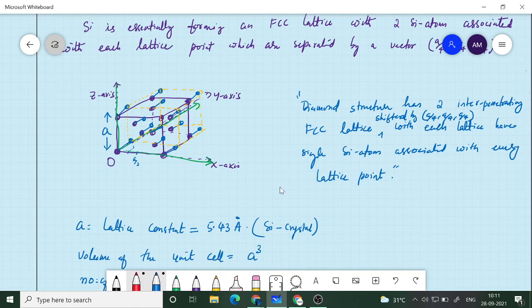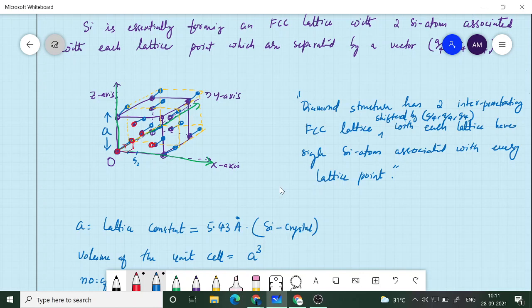So the one which I will pick will be, okay, let us pick this particular silicon atom. This is basically the A by 4 shifted version of the corner atom, and the closest one, which is separated by this particular vector A by 4, one of them is this, and the other closest ones are one on the front surface, one on the left surface, and one on the bottom surface. These are the three nearest neighbors. Every other silicon atom is farther from this atom.